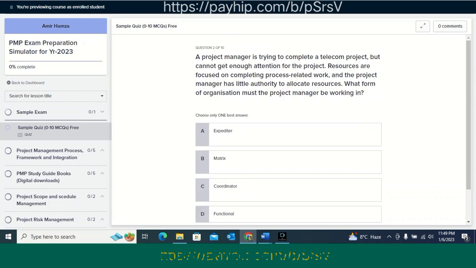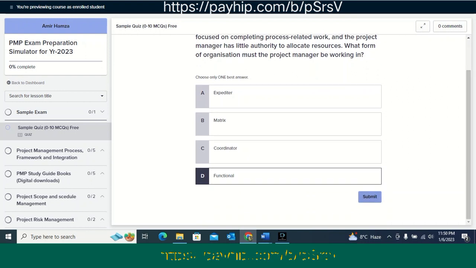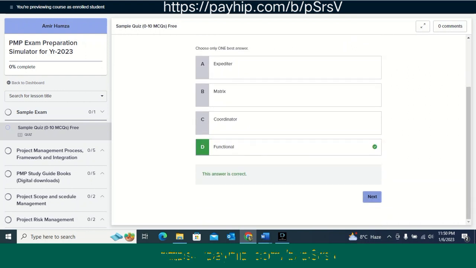Next, read the question and then find the option. In your opinion, if the right option is D, we select D and then submit. It turned to green. This means the answer is correct. Then next,